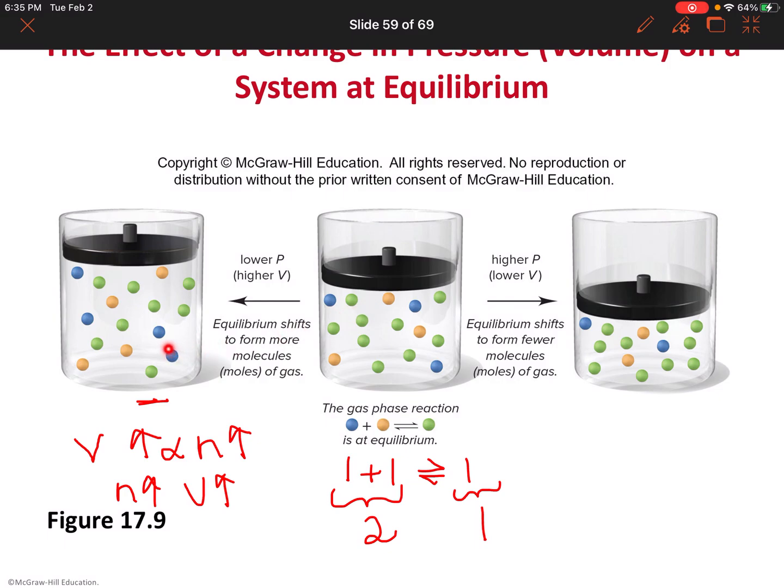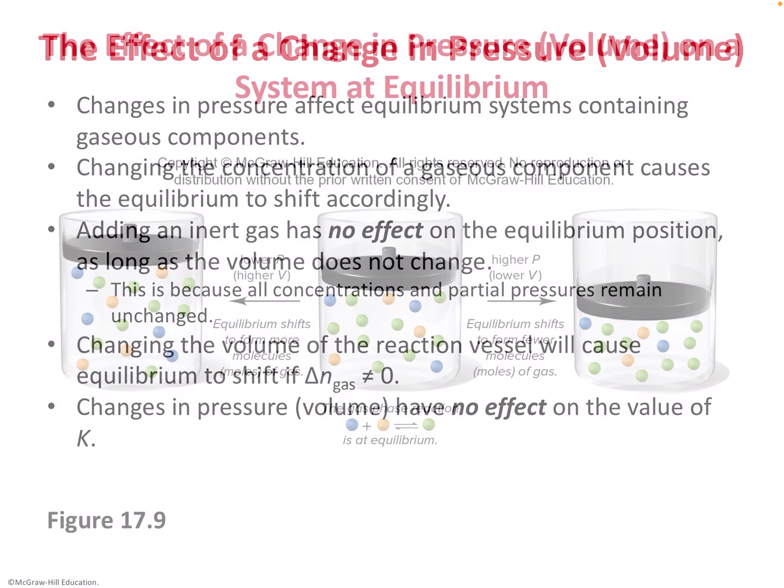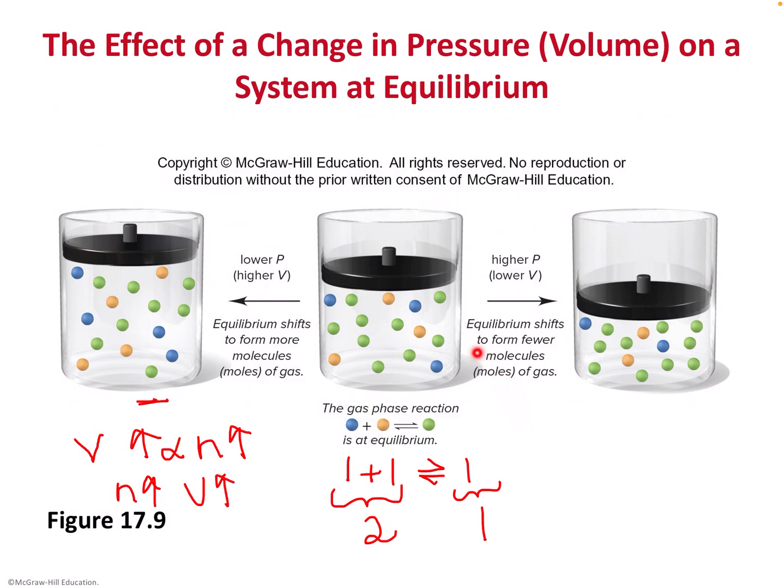Now you have 1, 2, 3, 4, 1, 2, 3, 4, right? It increases, making more of the number of moles by going from products to reactants. Now the other one, so in the other case here, you